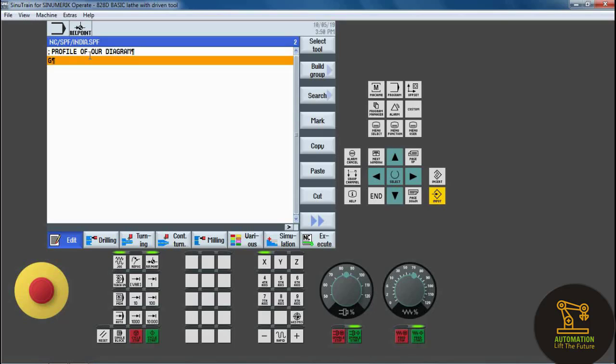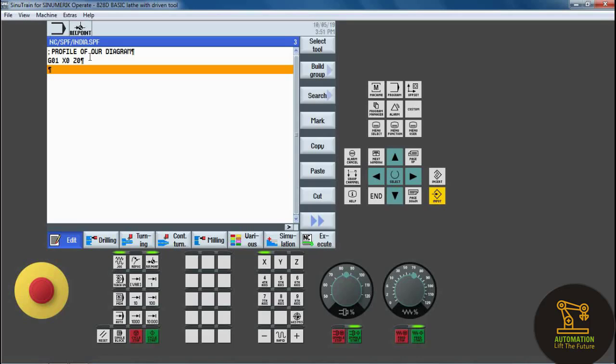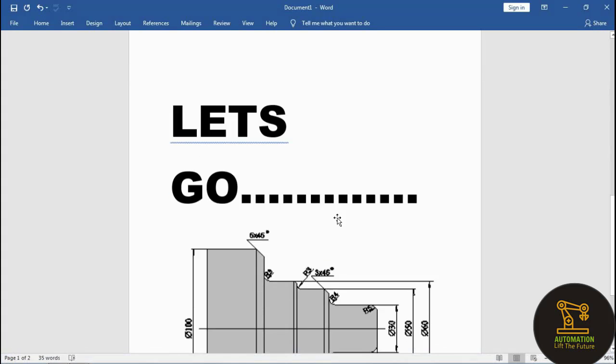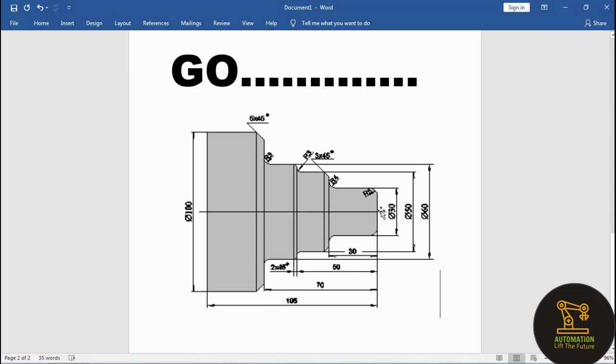So G01 is the cutting motion, and X0 Z0 is the origin point. In the diagram, this is the origin point, and this is the x-axis direction, and this is the z-axis.